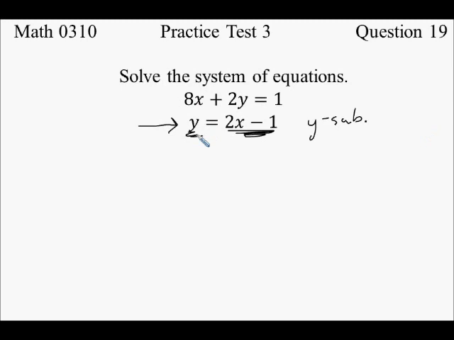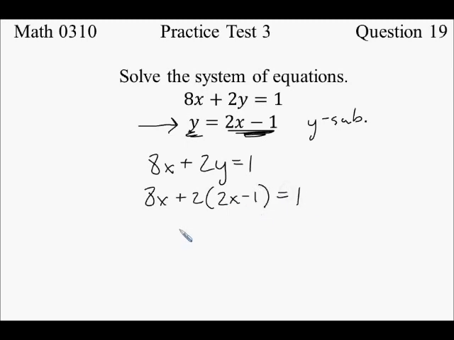So the best thing to do is simply use this y substitution, plugging this information for y into the other equation. So 8x plus 2 times y equals 1 becomes 8x plus 2 times, and then y becomes 2x minus 1,